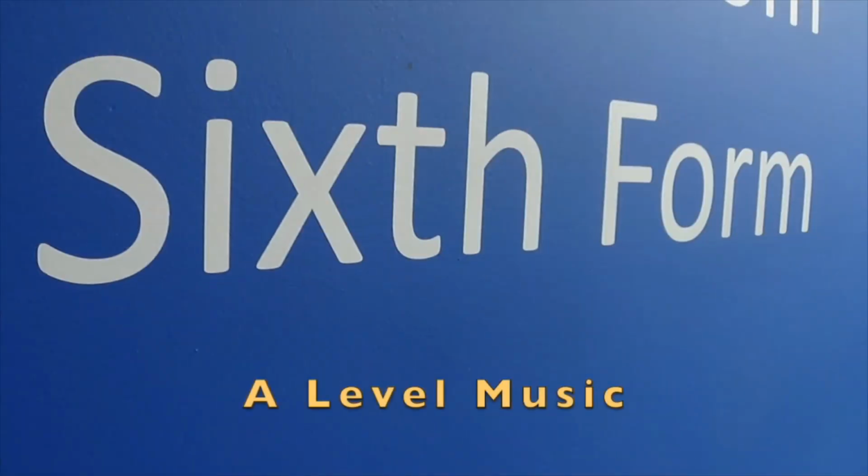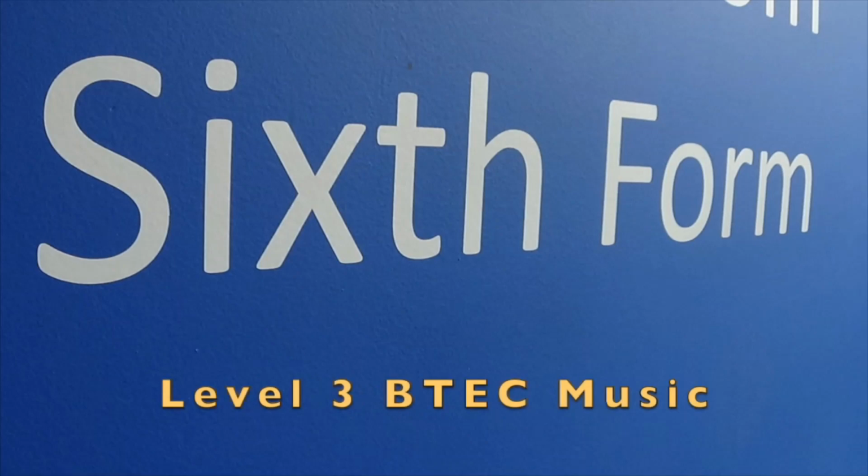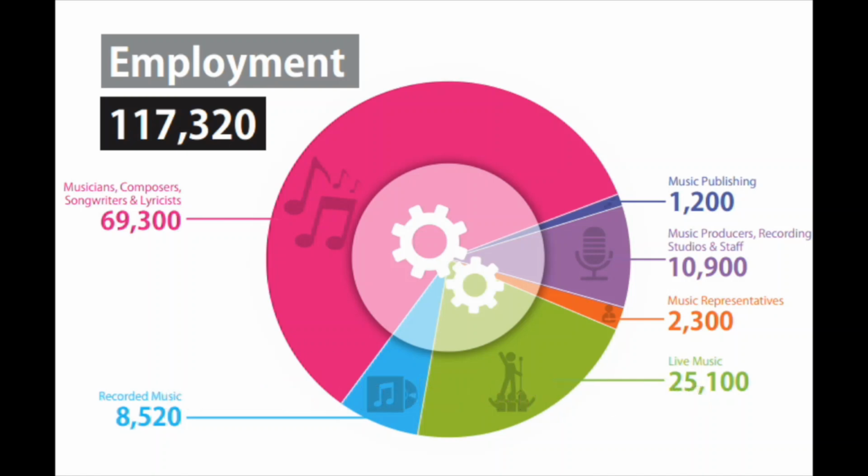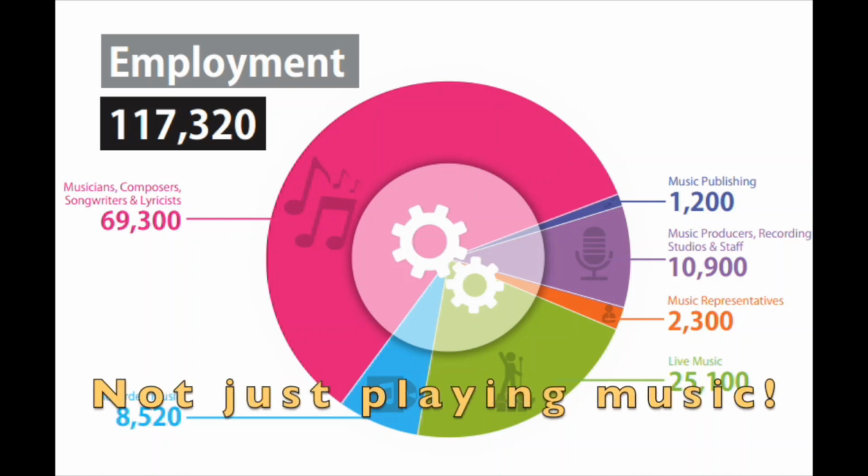You can continue with music at 6th form or college by studying it at A-level or Level 3 BTEC. Being a musician isn't the only job in the music industry. Other roles include studio engineer, artist manager and music journalist, alongside a whole range of careers covering performance, production and